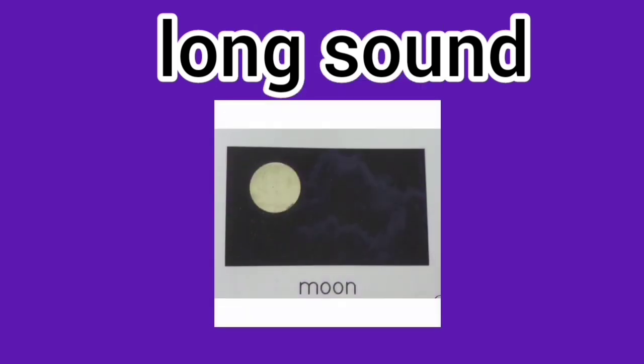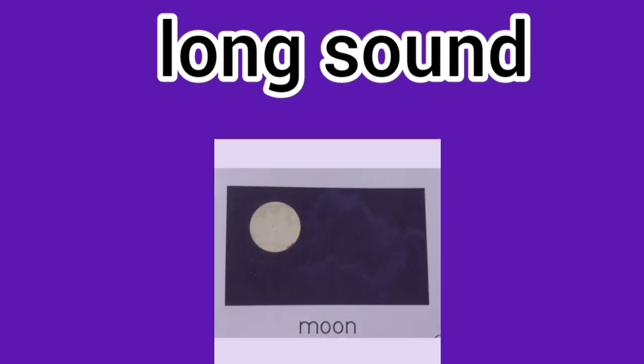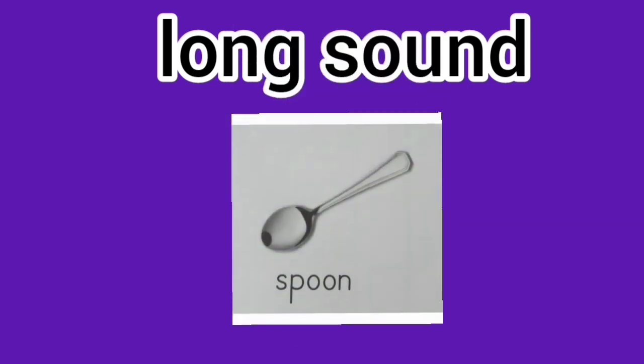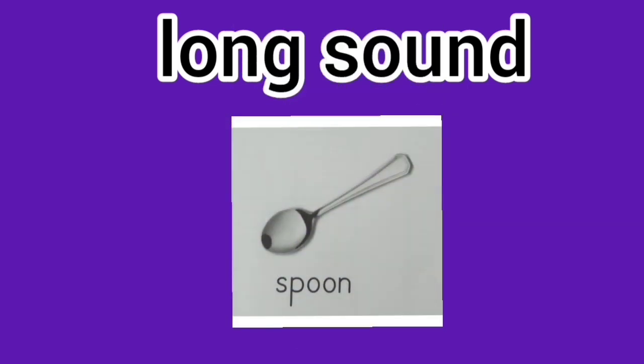Now let's revise the long sound words. M double O N, moon. M U N, moon. S P double O N, spoon. Now kids, today we shall learn a new set of sound using letter O